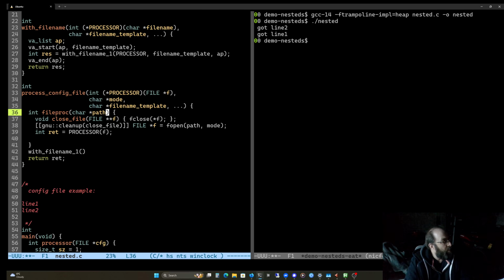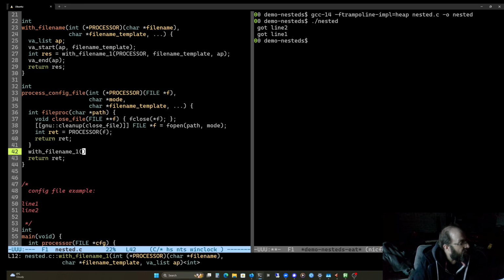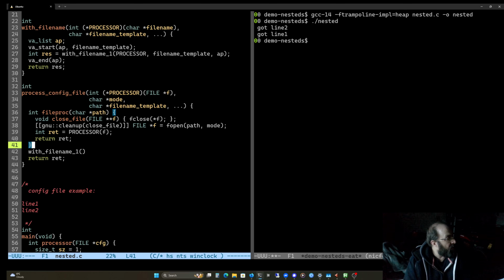It's going to take a path. So that's what we called it, right? And then it's going to call processor, and it's going to return ret, and we will copy these parts.